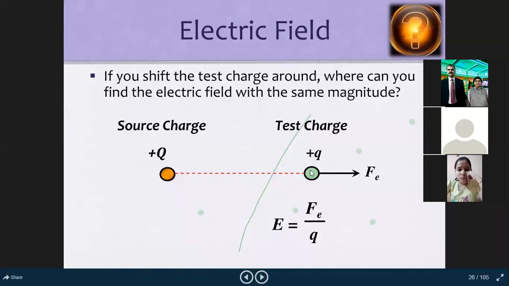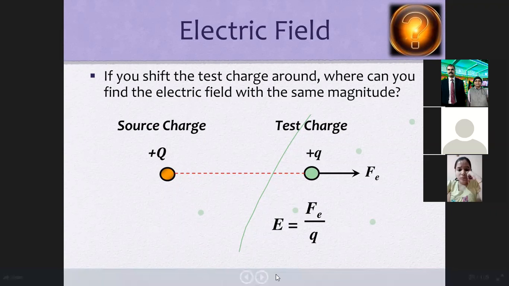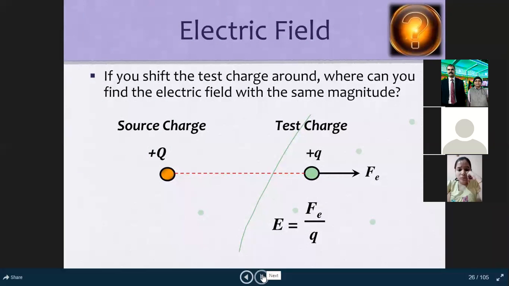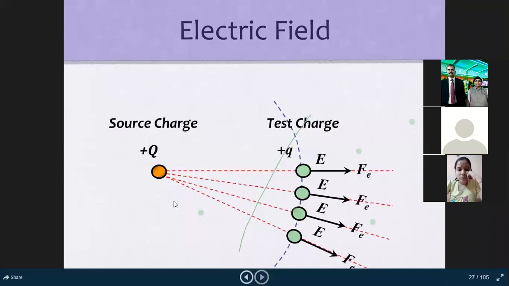तो कीपिंग सेपरेशन बिटवीन दिस टू चार्ज फिक्स्ड and you move this test charge around this source charge, then electric field will remain same around this. As soon as distance changes, electric field will change. So look over the things. ये देखो, ये सोर्स चार्ज है और इस टेस्ट चार्ज को हम ऐसे मूव करा रहे हैं, ऐसे ऐसे ऐसे। तो एक पॉइंट से दूसरे पॉइंट पर ले गए, लेकिन एवरी पॉइंट पर इसका फील्ड,